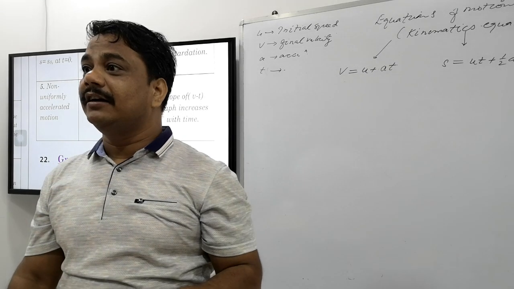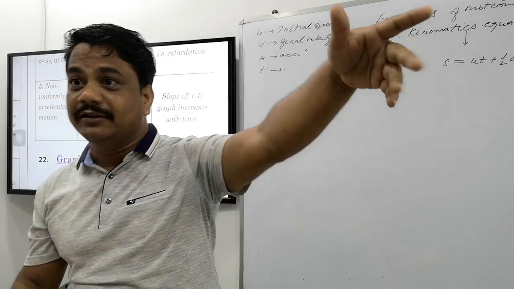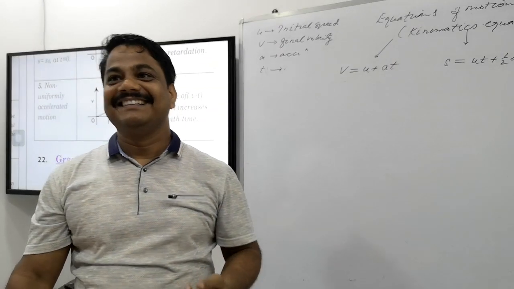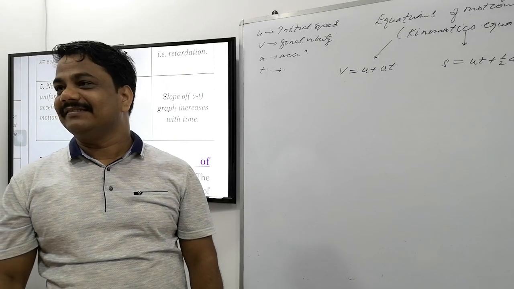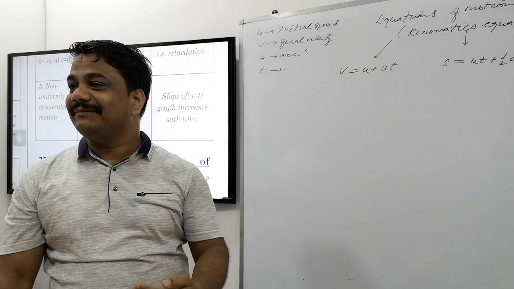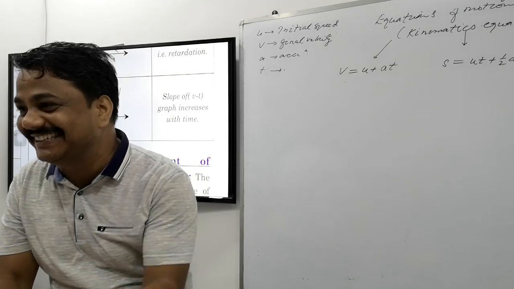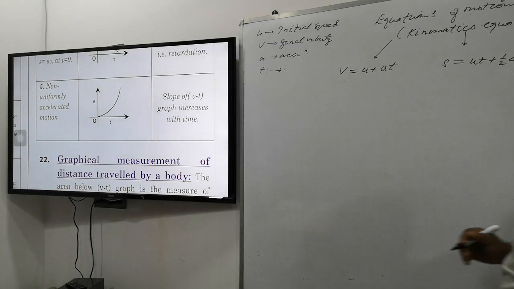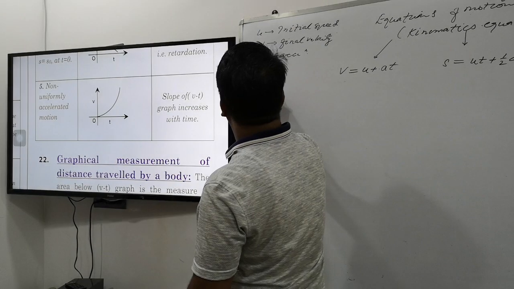Now, the question will not come as derive the equation of motion but do not use the graphical method. But they could also ask by using the kinetic equation. The kinetic equations of motion we are deriving by the graphical method. That is the method I am talking about. Is that clear? Look here, graphical method. What method? Graphical method.